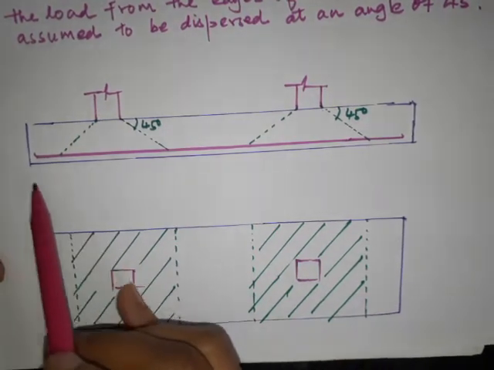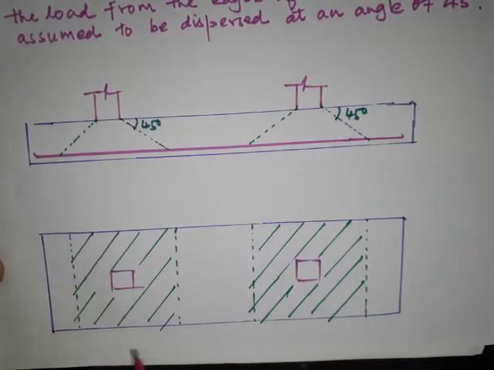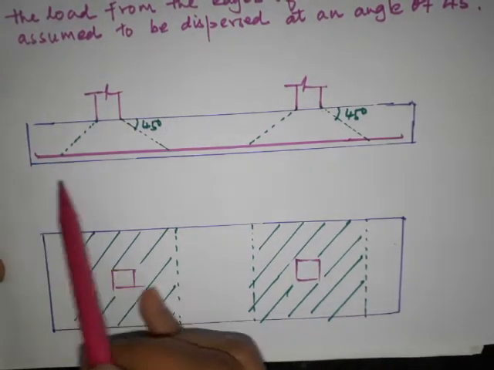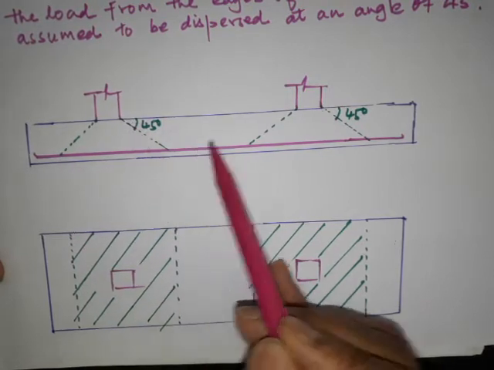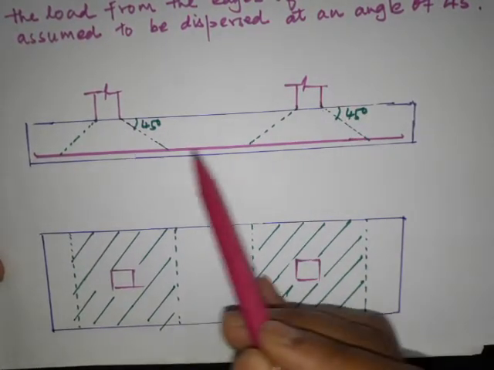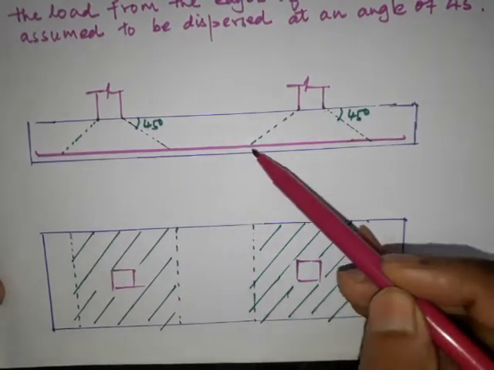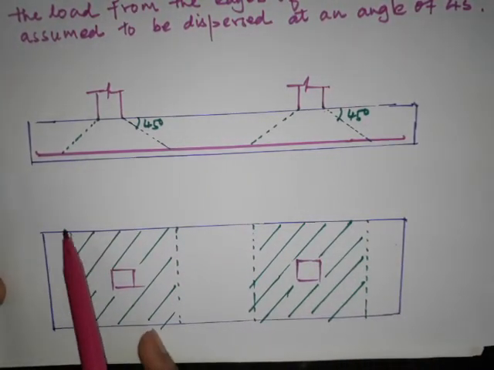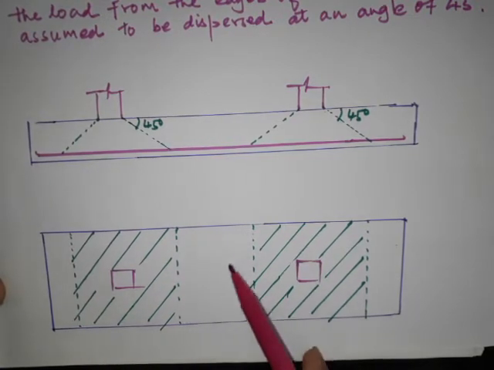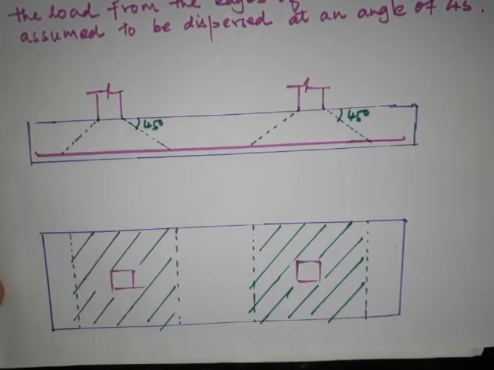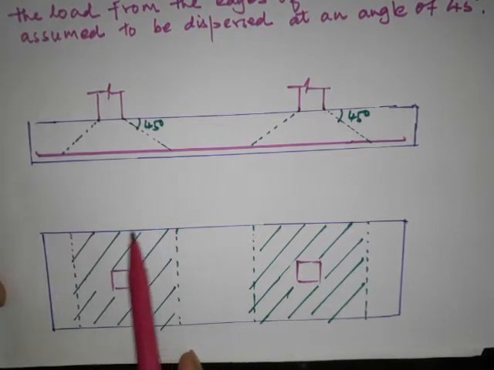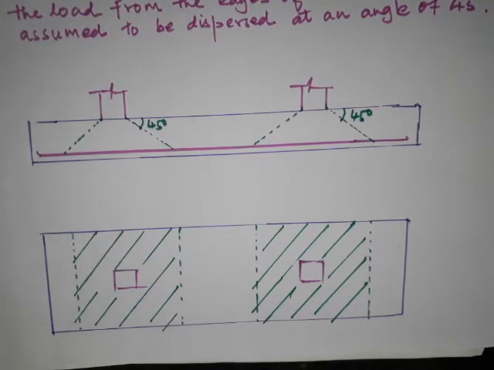For that I have taken up a longitudinal section of the footing and even a plan of the combined footing. This is a longitudinal section and how the load gets dispersed at an angle of 45 degrees I have shown with the green color. With respect to that, if I project these lines, you can find out the width of strip, the governing area with respect to the transverse bending. Now we have to find out what should be the width of strip of this transverse bending. Then we have to note down some other measurements that we have calculated already.